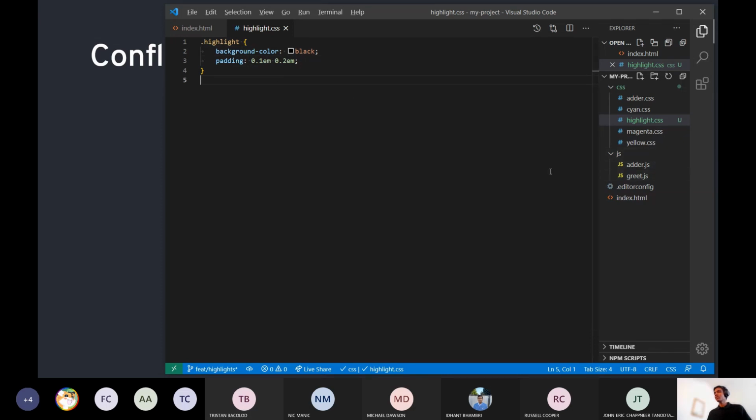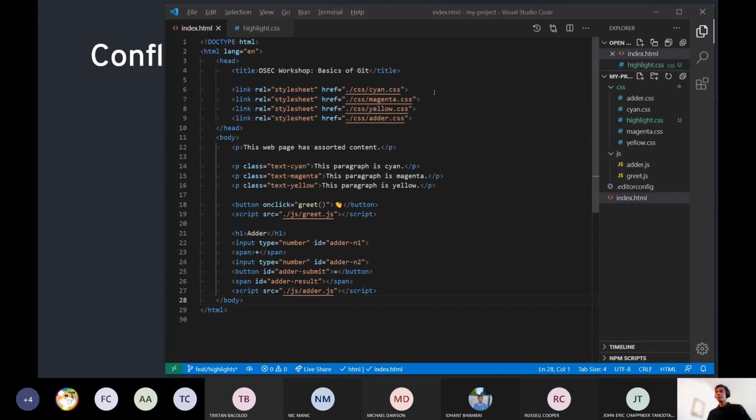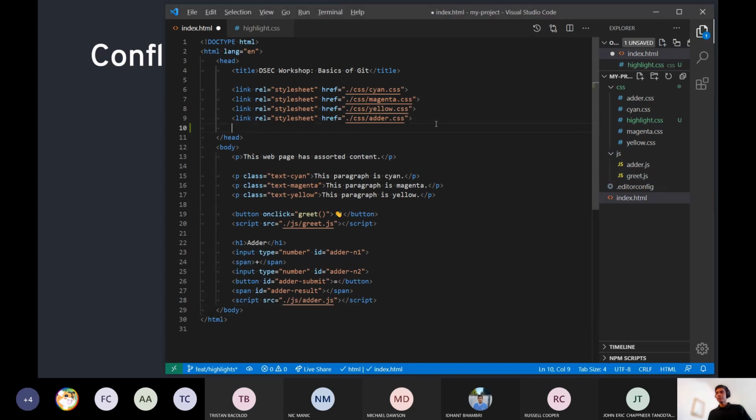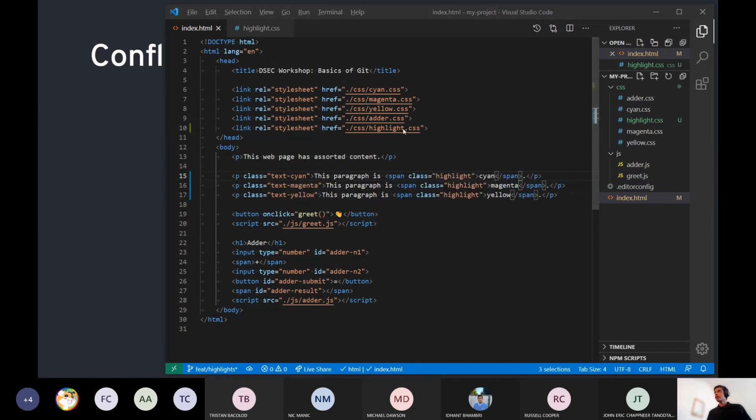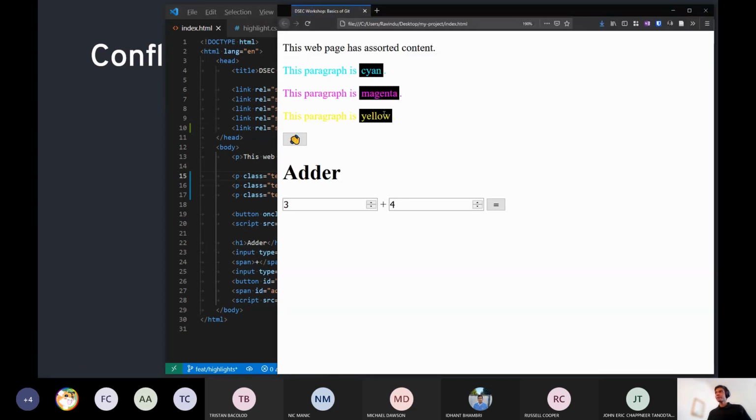And then in index.html, I'll simply add that style sheet, highlight.css, and I'll wrap cyan, magenta, and yellow in these paragraphs with a span with a class of highlight. So the web page looks like this now, with these colors highlighted.